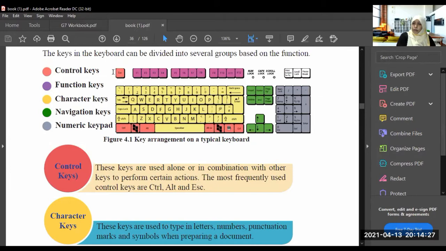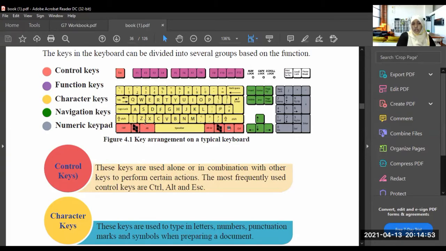The Escape key is normally used to close the software. Normally when we want to close something, we use the Escape key. The Control key, if you want to do something, you use this Control key. We will learn it, so don't hurry. And also we use the Alt key. So these three keys are used frequently.